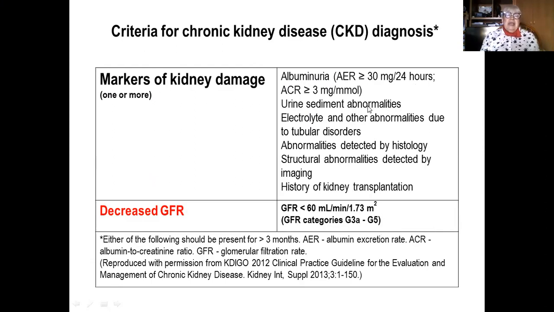We know about that syndrome. Then electrolyte and other abnormalities such as tubular disorders, abnormalities detected by histology, structural abnormalities detected by imaging, or history of kidney transplantation. And as you see here, we have to pay attention to this very important test, the glomerular filtration rate, which is very important today for classification of the severity of chronic